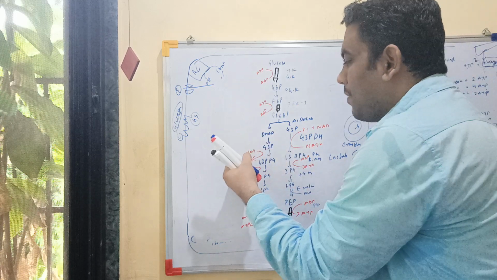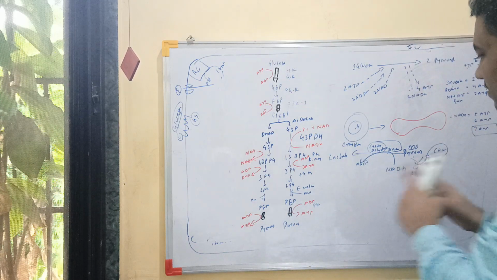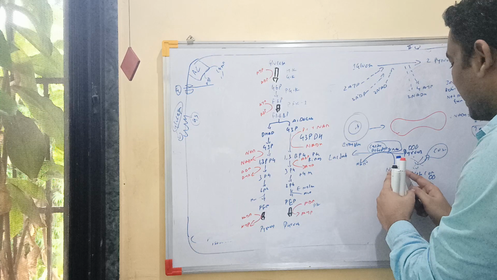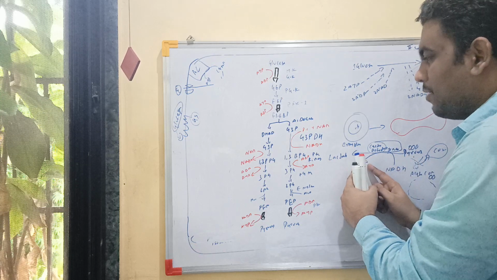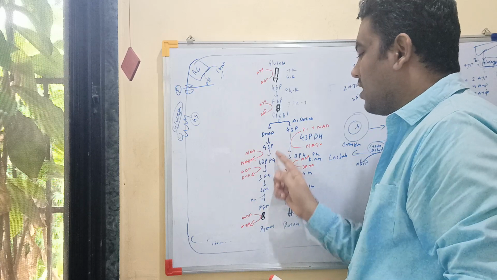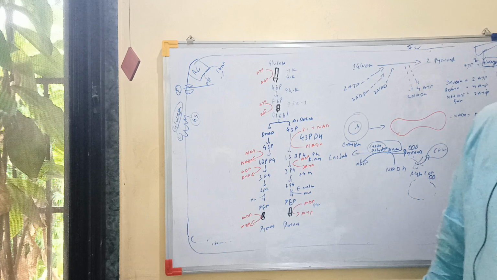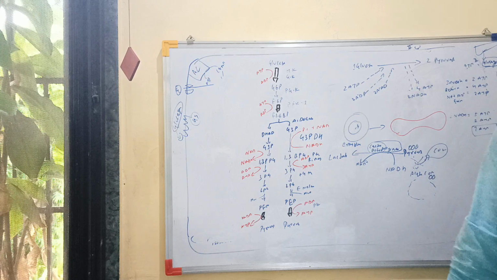So where will NAD come from here? If NAD is not here, the glycolysis will stop. That's why NADH will be converted to NAD, NAD will be regenerated here, and this NAD will be used in the glyceraldehyde 3-phosphate to 1,3-bisphosphoglycerate step. Okay, so sometimes what happens,